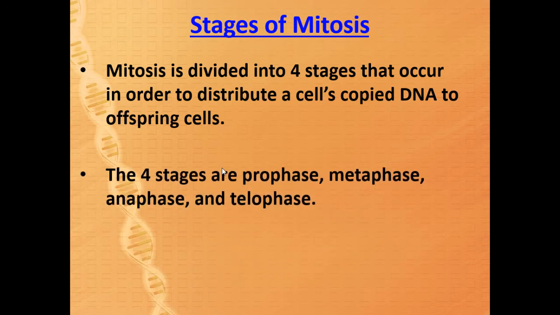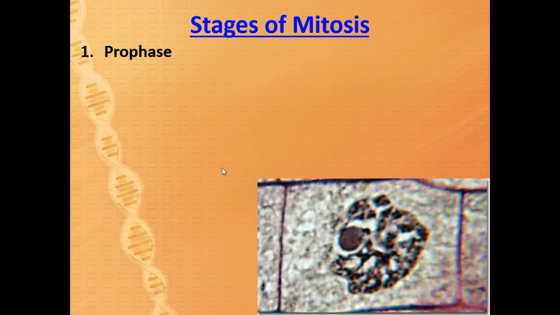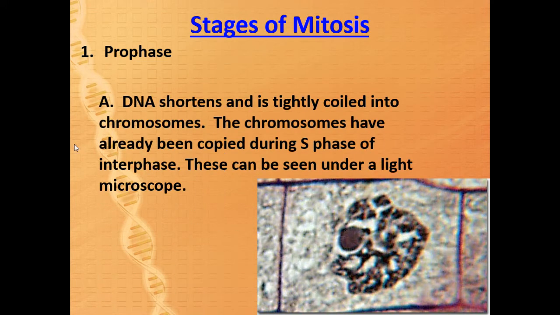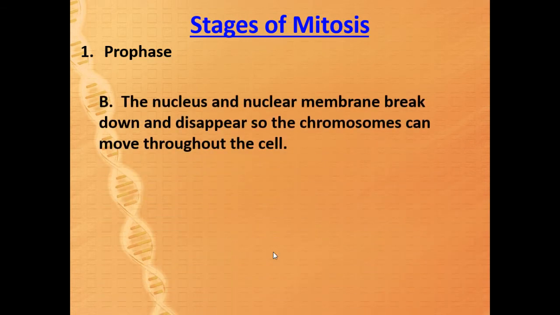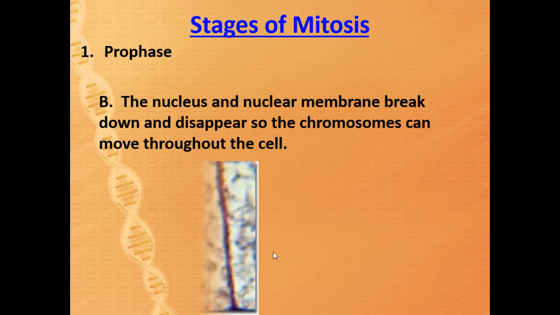Getting back to mitosis, though. The 4 stages are prophase, metaphase, anaphase, and telophase. You may have heard these abbreviated as PMAT. The first stage is prophase, and this is what a cell looks like in prophase. The DNA is going to shorten and it's tightly coiled into chromosomes. The chromosomes have already been copied during the S phase of interphase, and these can be seen under a light microscope. The nucleus and nuclear membrane are going to break down and disappear so that the chromosomes can move throughout